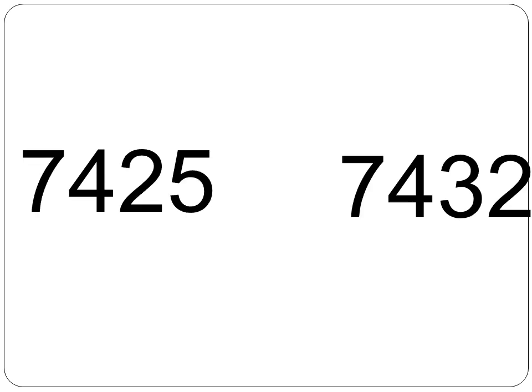What about this case? If I have 7425 and 7432. First, I look at thousands digit, which is 7. It is same. Now, I look at hundreds digit, again the same in both the numbers. What do I do now? I have to compare the numbers in tens place. It is 2 and 3. 2 is less than 3. Here 7425 is less than 7432.